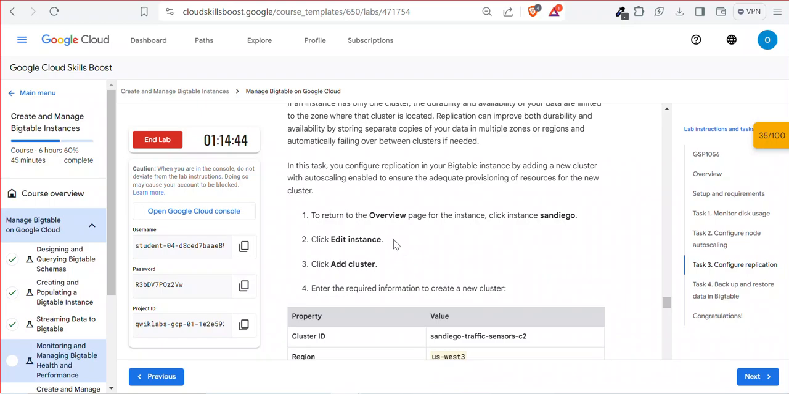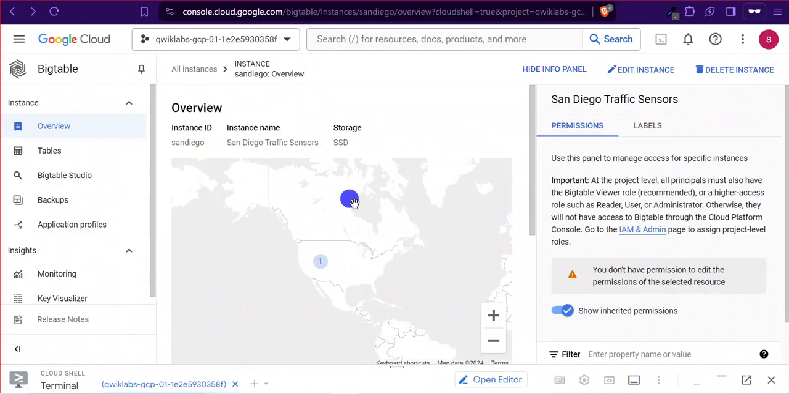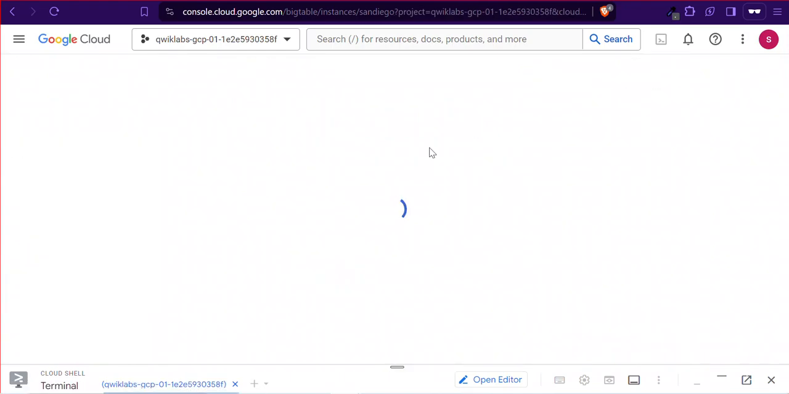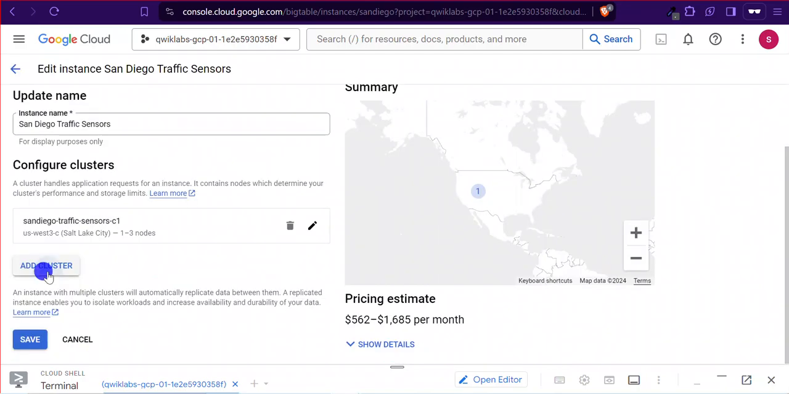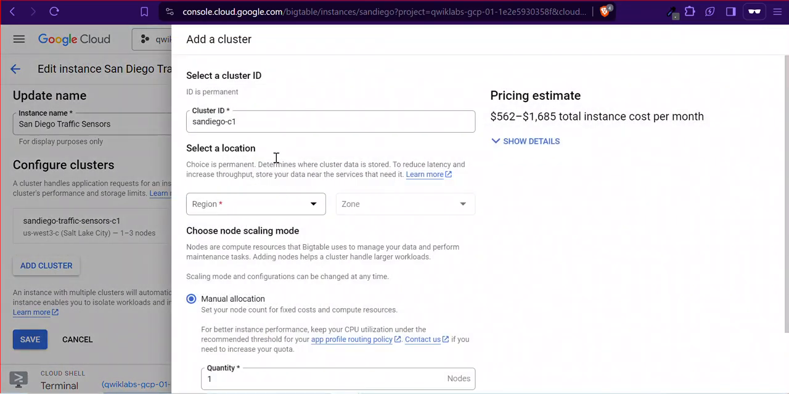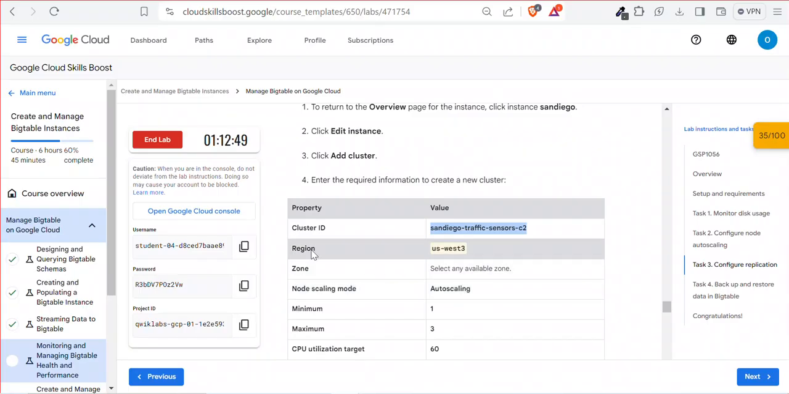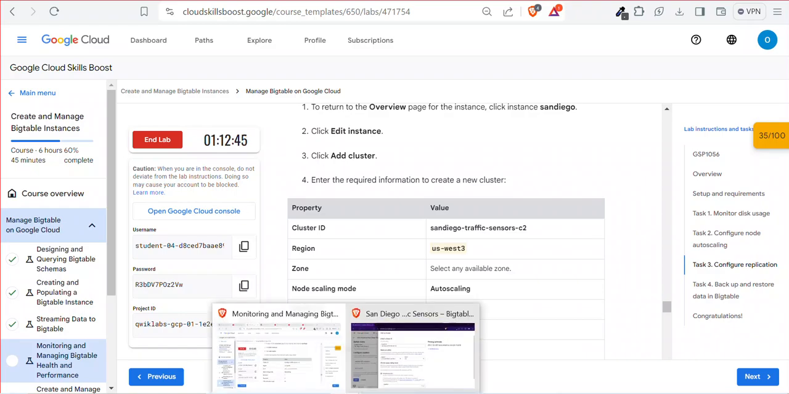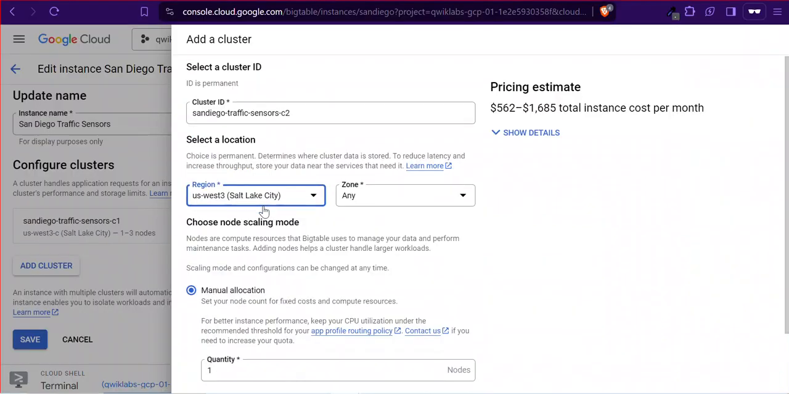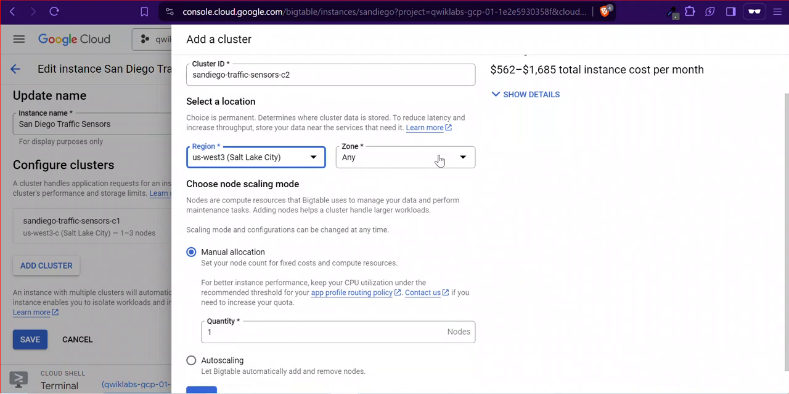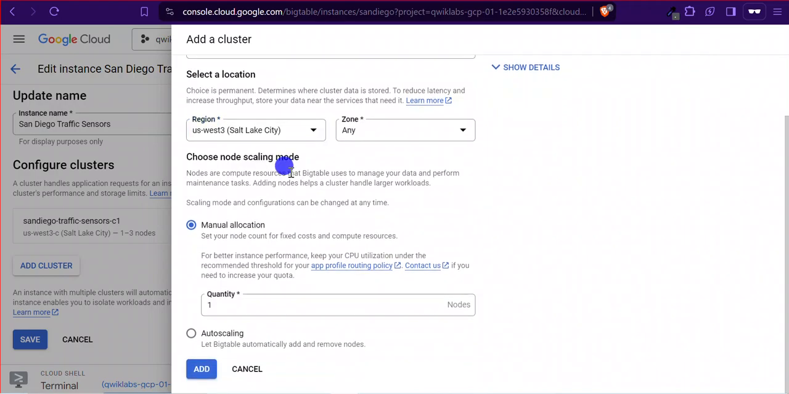So we will go to the overview page and we will edit the instance. I am on the overview page. Click on edit instance, add cluster, write your cluster ID name, region is US West 3. It will automatically select any zone which is available. After that